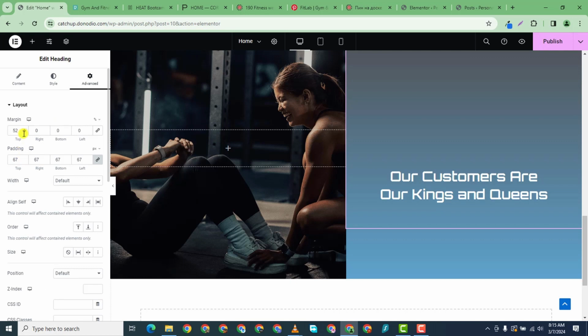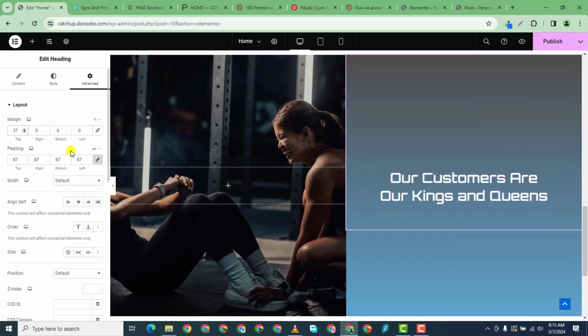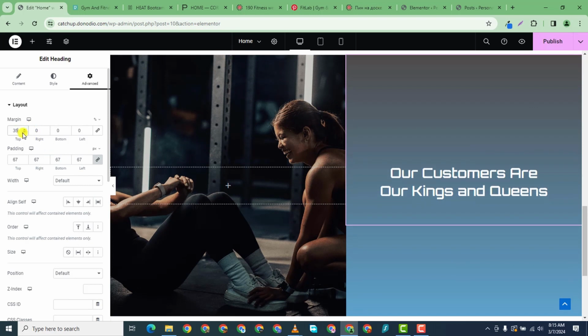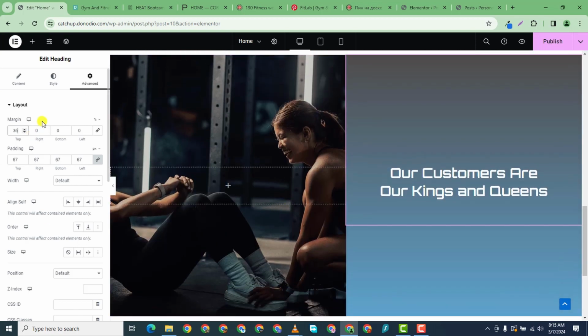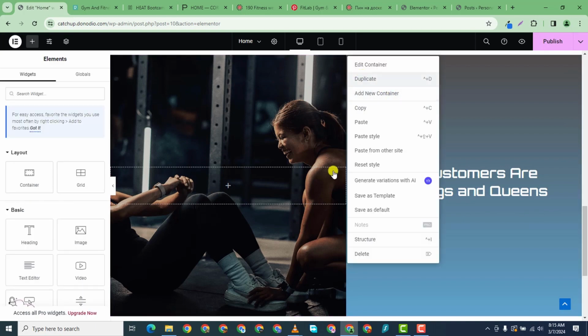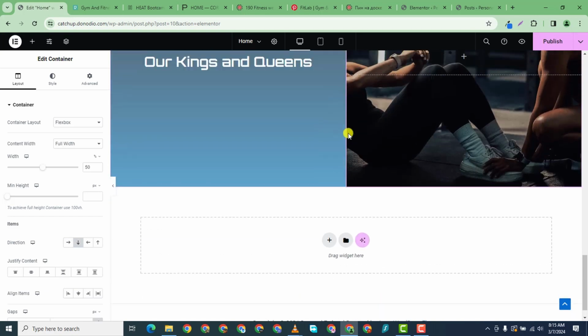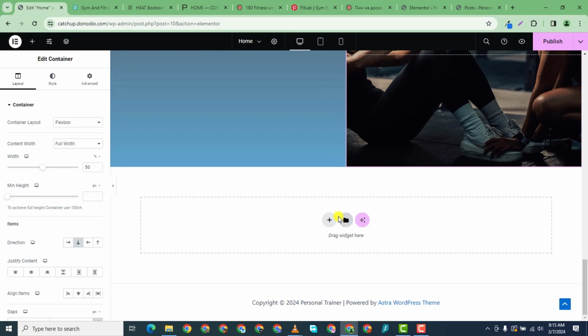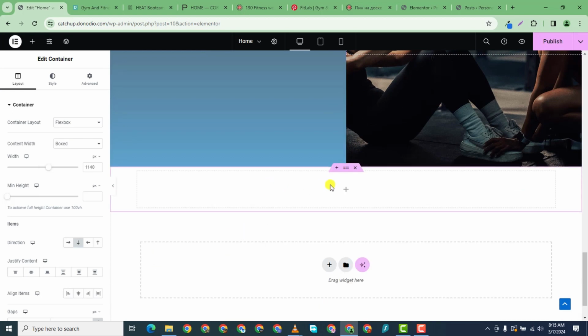When I come here, let me reduce so that I can center this. Our customers are our kings and queens. So that is that. I want to duplicate this section. I'm going to duplicate this section, but I'm going to switch positions. And then I'm also going to put a section in the middle where I can put a